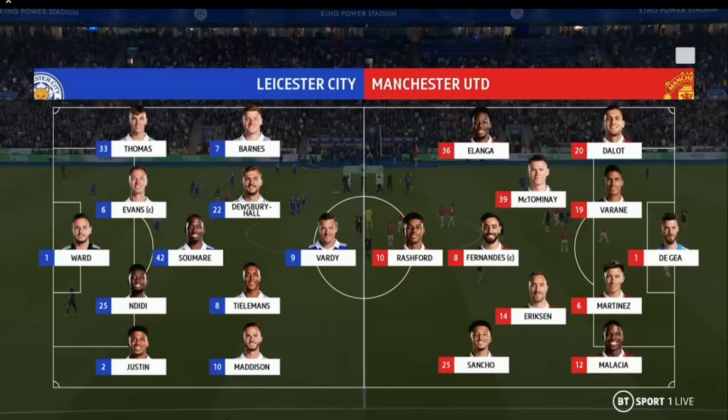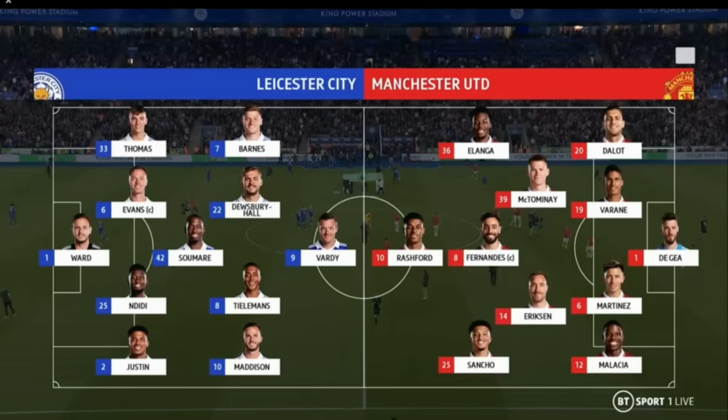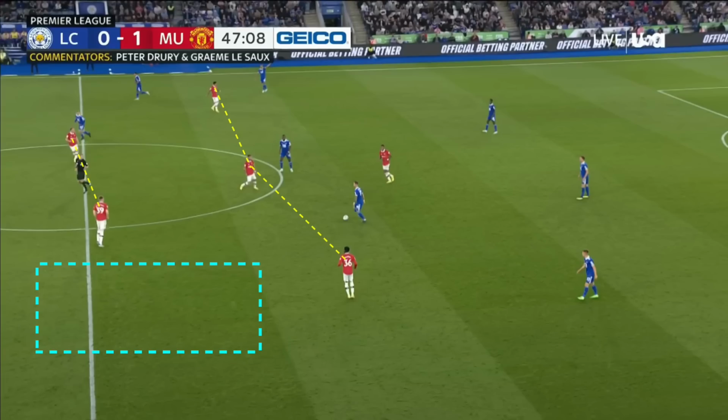But also what I find most impressive about Ten Hag's defensive system, particularly late in the game, when United have a lead, is that he doesn't allow the side to drop off and concede space to the opposition. And what I mean by this is that we continue to see United engage Leicester high up the pitch, keeping Sancho and Elanga high alongside Fernandes behind Rashford, instead of having them drop deep alongside Eriksen and McTominay to create a 4-4-1-1 shape, which would have been a lot more conservative, covering the space between them and the fullbacks, but